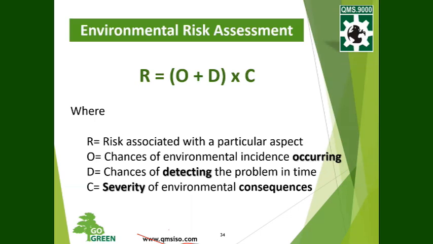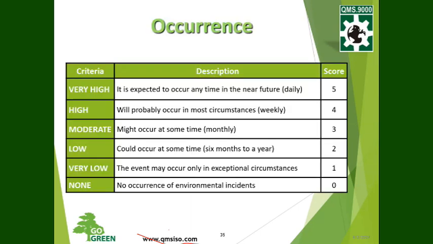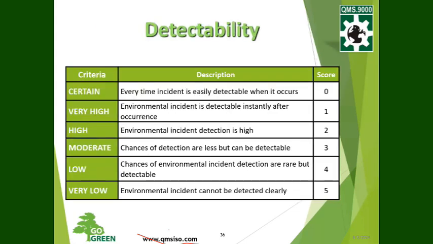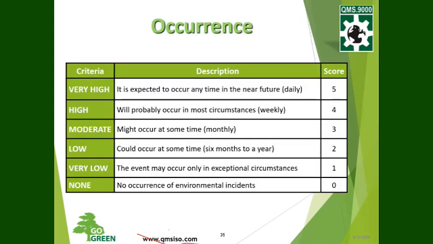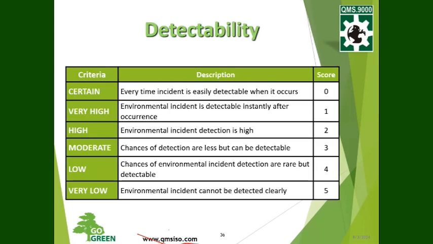O means chances of occurrence, D means chances of detection, and C is severity of consequences. If you put these numbers according to a table which I'm going to show you, you will get the risk rating of that activity. So this is the table for chances of occurrence. You will give 5 marks. On the previous slide, if I was not audible, this is the table for chances of occurrence, detectability,